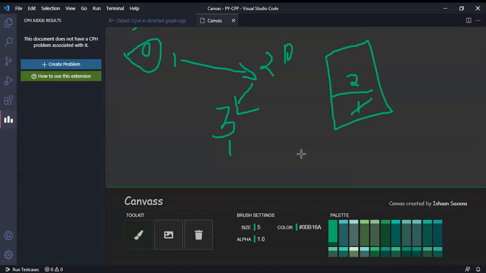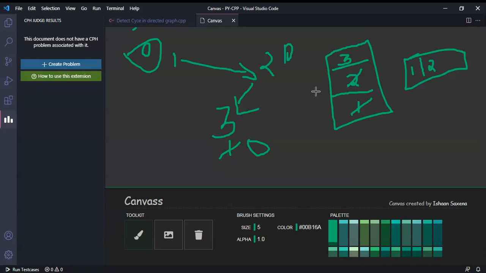And remember, the values that we are pushing in the queue must be stored in an array. Here we have already put 1. Now if we are checking 2, here we will put 2. Now let's check all the adjacent vertices of 2. The adjacent vertex of 2 is 3, and its in degree is 1. So we will minus it by 1, so its in degree will become 0. Since its in degree has become 0, we will push that node in the queue. Now we have checked 2.